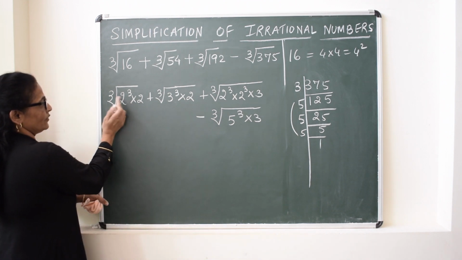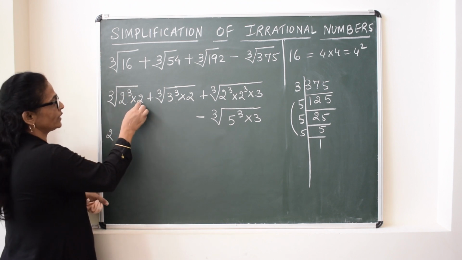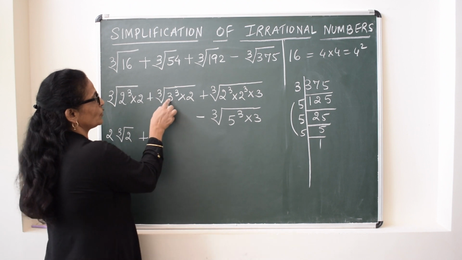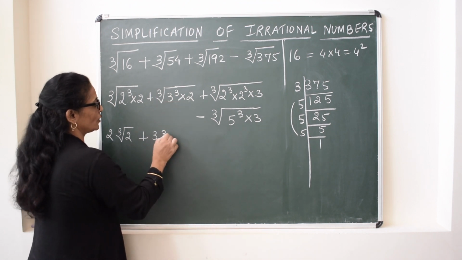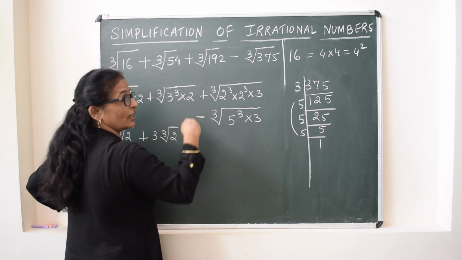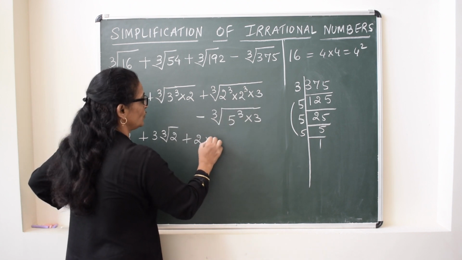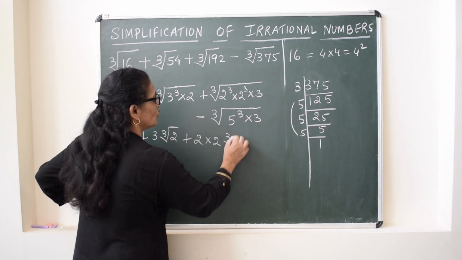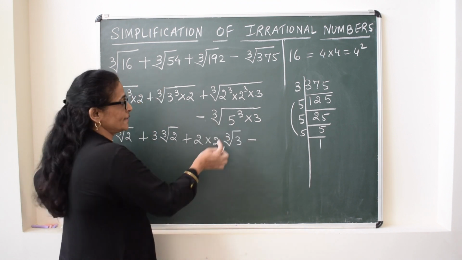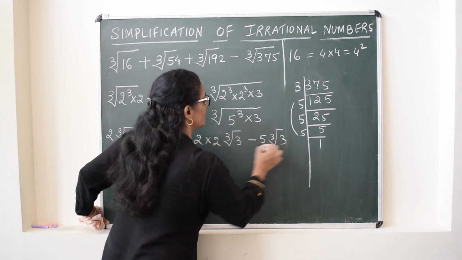Now directly we can bring this 2 out of the radical sign because cube root of 2 cube will be 2 and this 2 is left out inside the radical sign. Here also cube root of 3 cube will be 3 and cube root of 2 is left out. Here 2 2's will come out of the radical sign because 2 cube here and 2 cube here. So this will be 2 into 2 and left out is cube root of 3, minus. This is 5 cube, it will be 5 and cube root of 3.